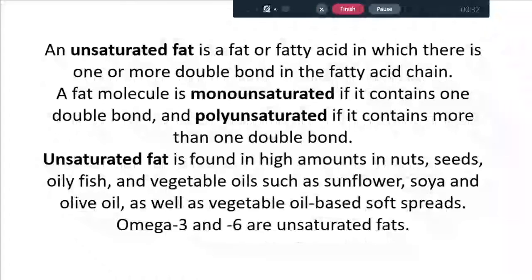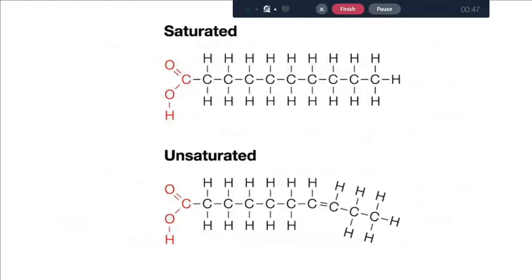Unsaturated fat is found in high amounts in nuts, seeds, oily fish, and vegetable oils such as sunflower, soya, and olive oil. Omega-3 and 6 are unsaturated fats. This is an example showing the difference between the two types of fat. As can be seen, saturated fat doesn't have any double bond between the two carbons, while unsaturated fat has one